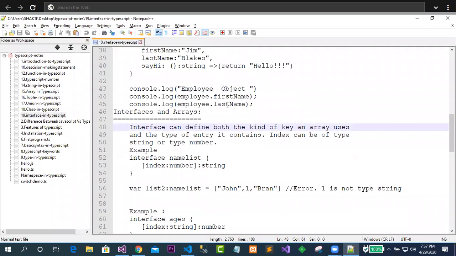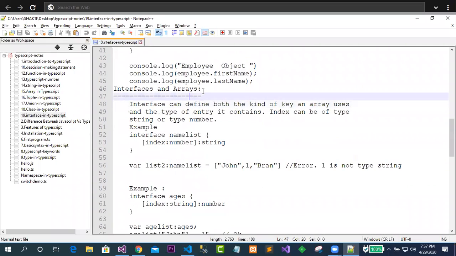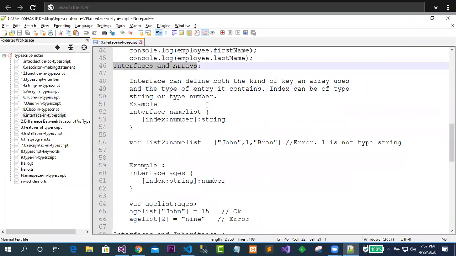Okay, so let me just go for interface and arrays again. What is the meaning of interface and arrays, and why will I be using these interfaces and arrays? Just see, an interface can define both kinds of key of an array, and the type of entry it contains.